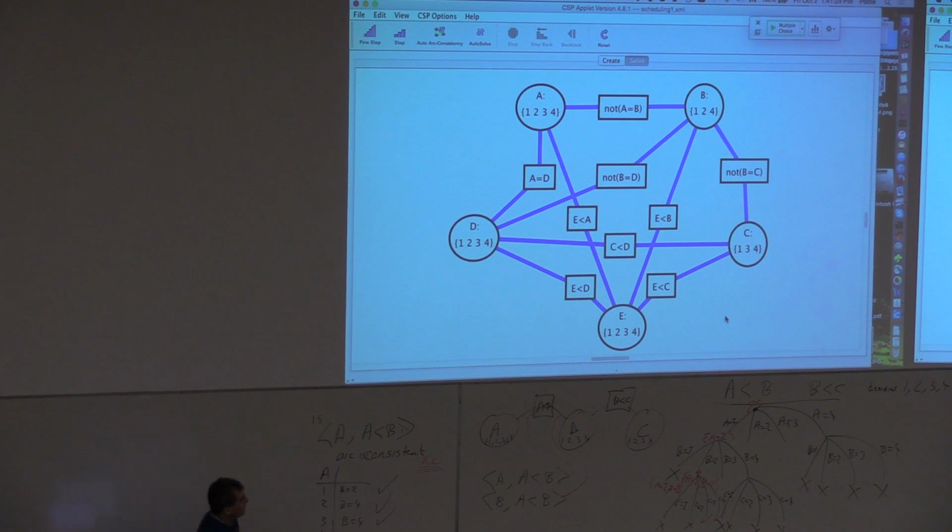All right. So this is the same graph we did before, and you tried to do this by hand, just by looking at this, and it was really difficult to do. So what if I press on this arc here? There's one on the bottom left here. What's it going to do? It's going to prune something.